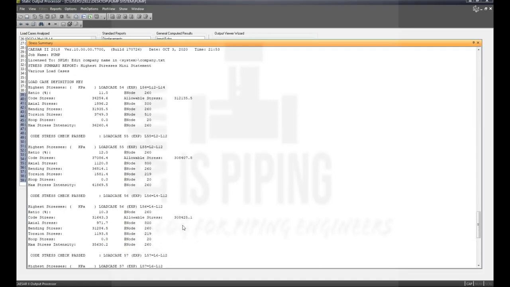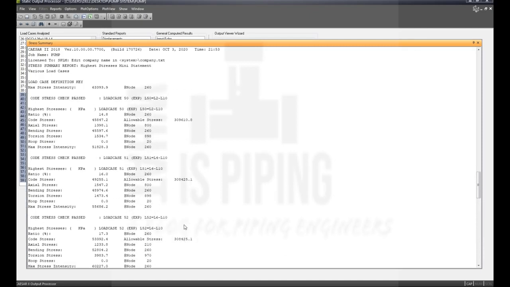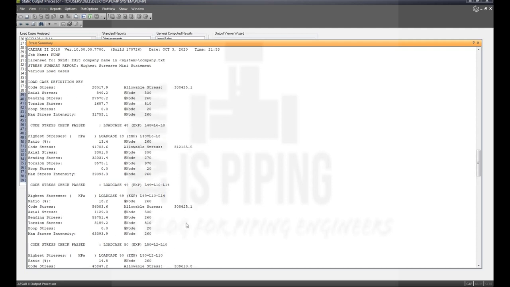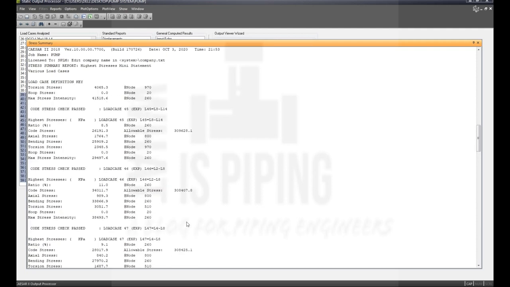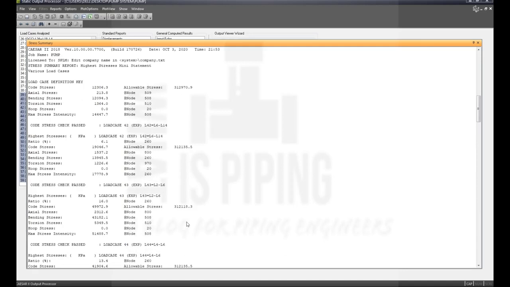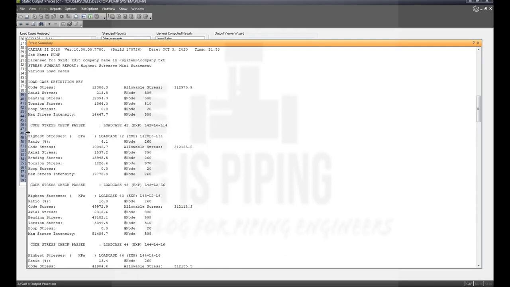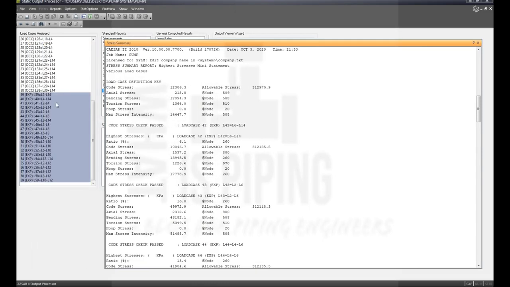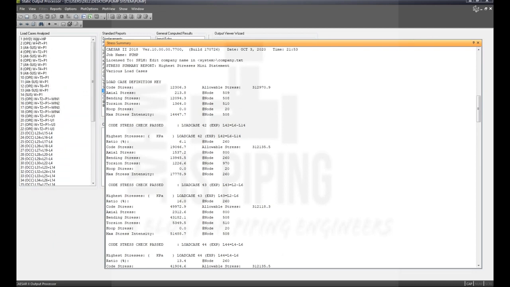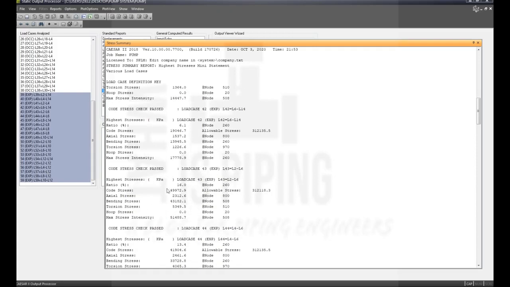Let's check how much it is showing here. L2 minus L6 is showing 16%.